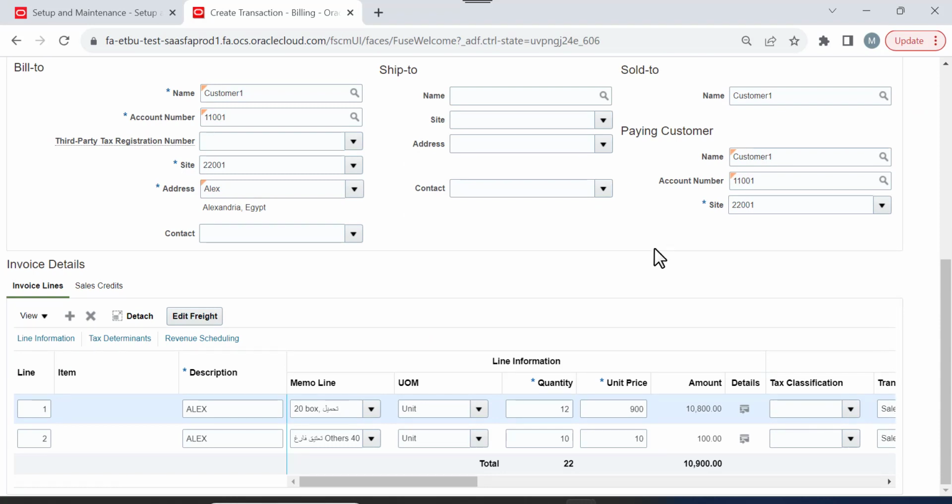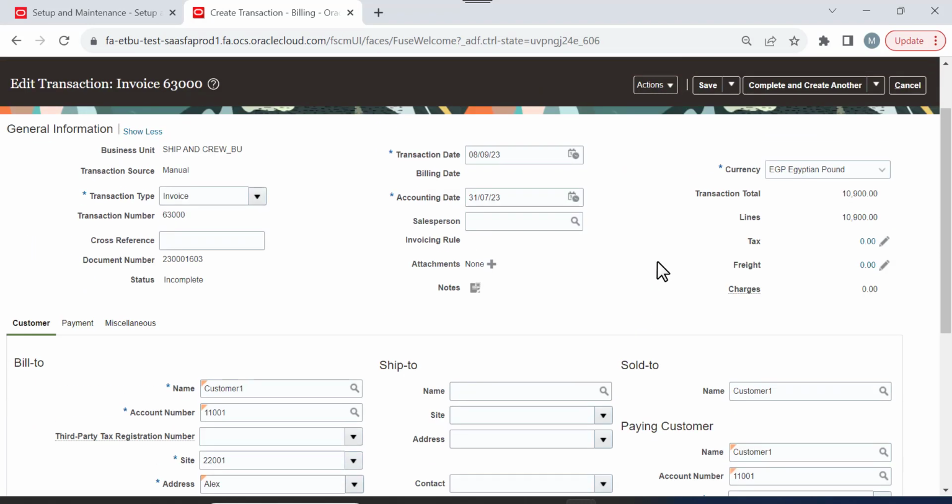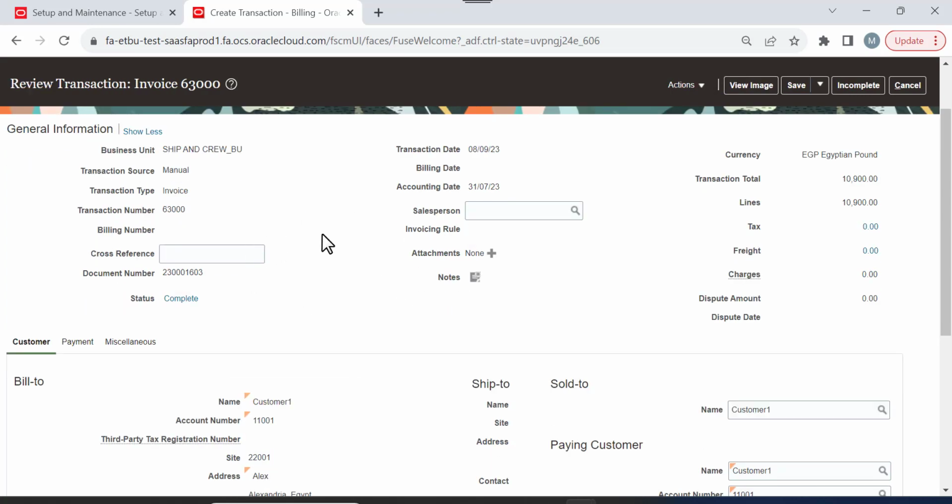All of these things you can do if the status of the invoice or transaction is incomplete. Once it's complete and